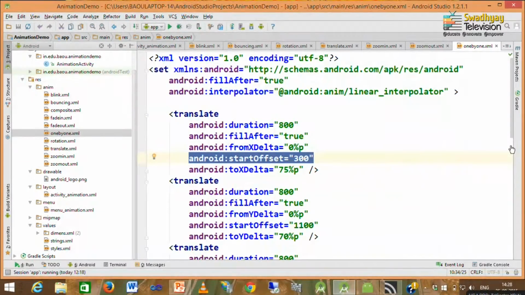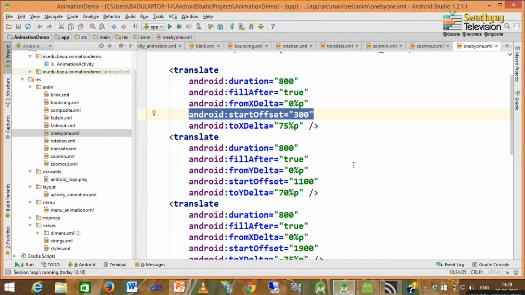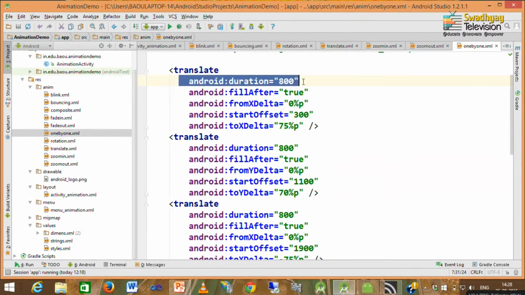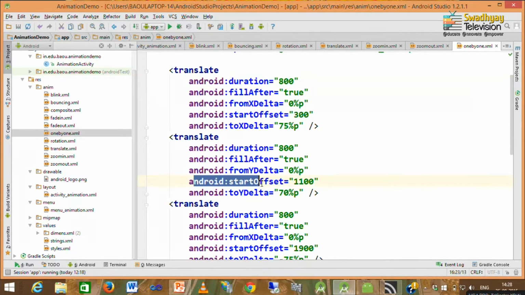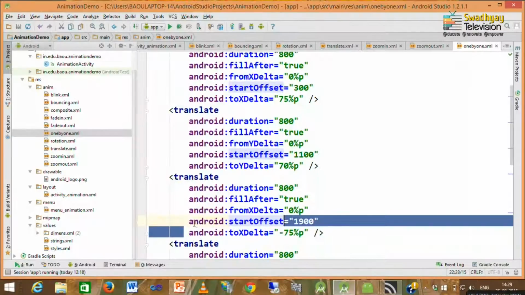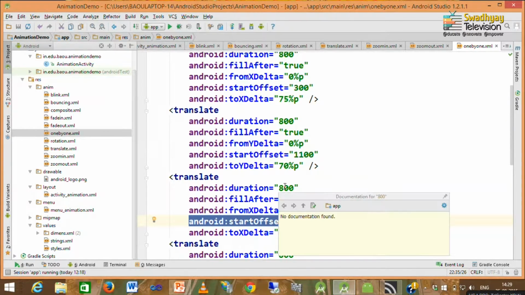This start offset means our animation starts after 300 milliseconds and runs for 800 milliseconds. So, the start offset for the next animation is 1100, that is, the second animation has to wait a total of 1100 milliseconds, and its duration is 800. So, our total duration up to the second animation is 1900.